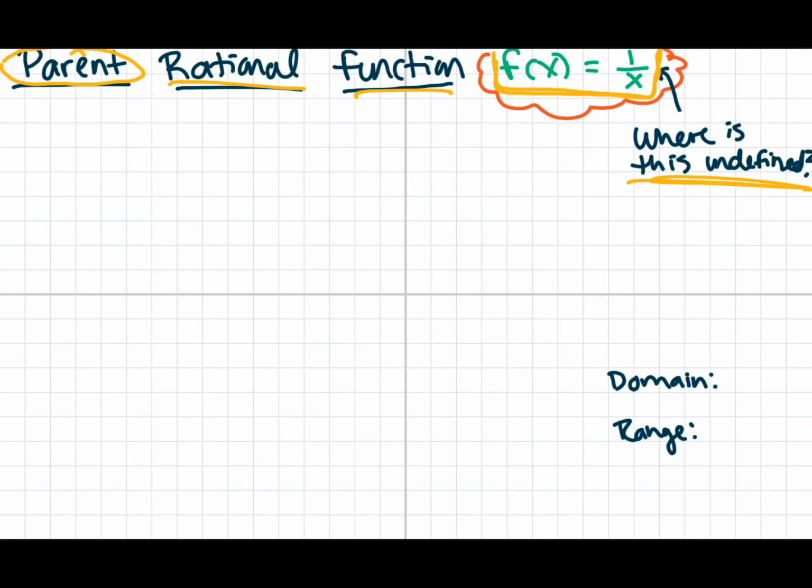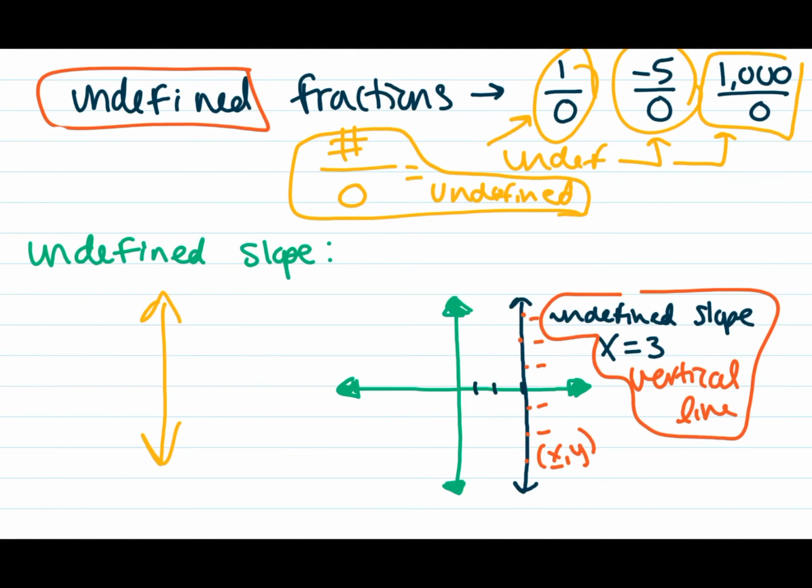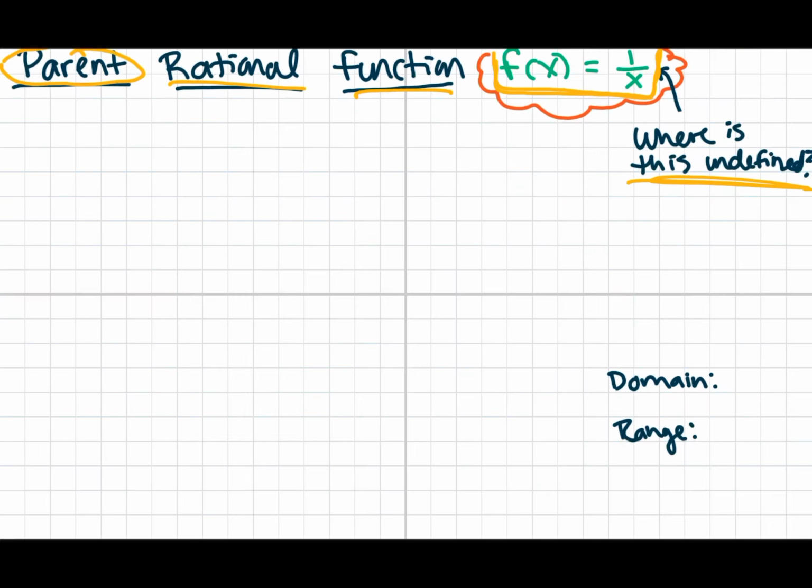All right, so let's go back to this parent rational function, f of x equals 1 over x. Where is it undefined? So now we talked about undefined. How do we figure out undefined values? Our denominator is 0. That creates an undefined value. So what would create this whole expression to turn to an undefined value? If I plugged in 0 in the bottom. So x being 0 is a problem